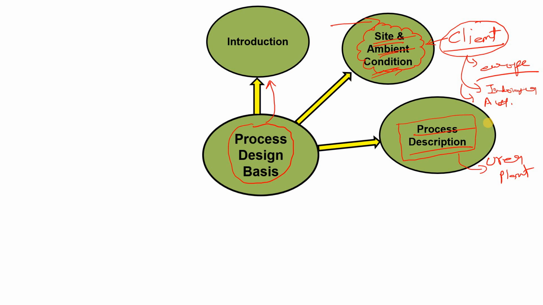Let's suppose we take the example of Snamprogetti, then you will also describe that first of all there is the reactor. In the reactor the liquid ammonia is coming from the ammonia receiver tank, and the carbon dioxide is coming from the compressor section, and after that it goes for the decomposition, and after the decomposition it goes for the concentration. And after that it goes to the cooling tower, right? So this is the process description for the urea plant.